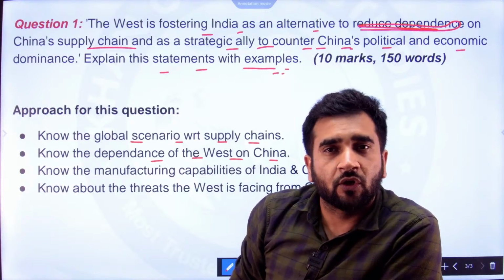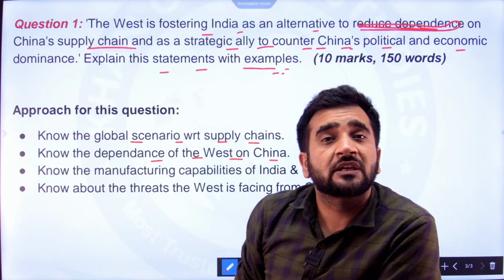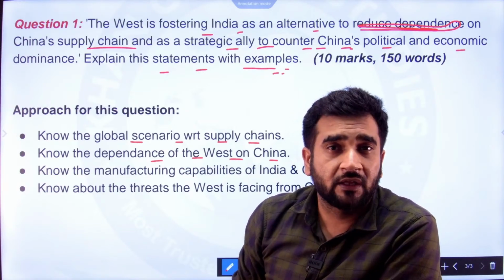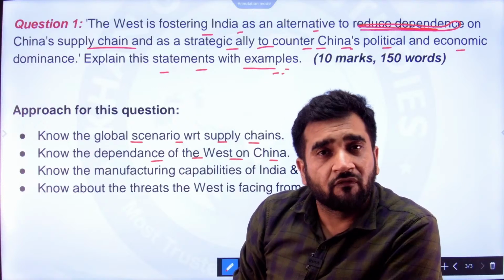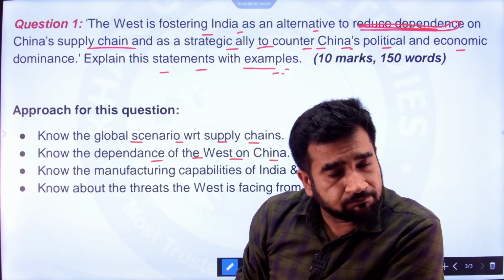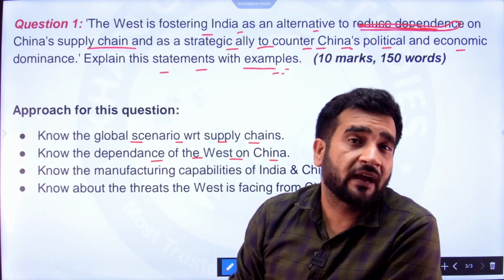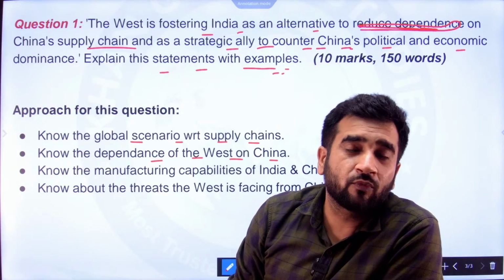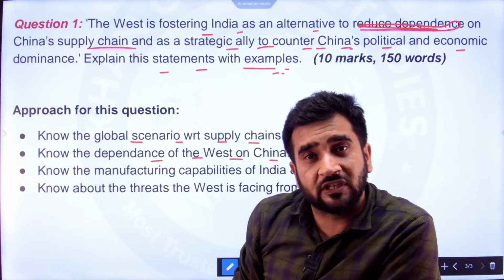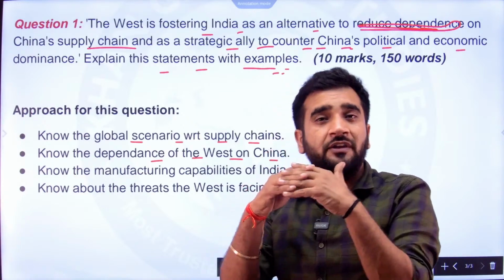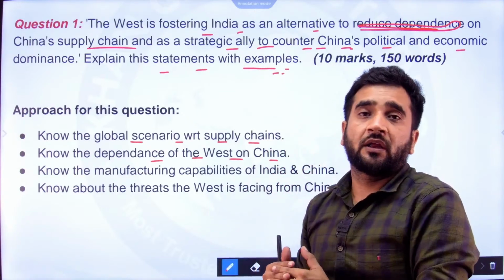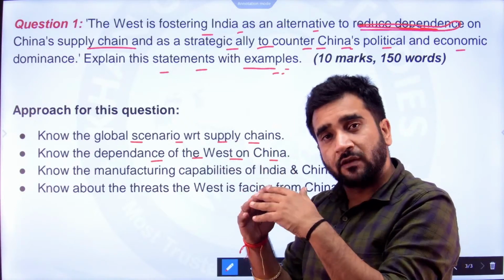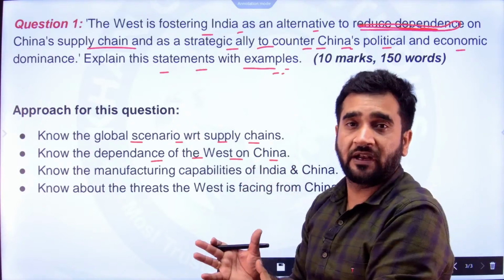But yes, this is a new era, and it is very different from the Soviet era. In the Soviet era, the two rivals were USA and USSR, and they were not dependent upon each other. They were mutually exclusive. Trade between them was almost zero. But here the situation is different. There is more interdependence, intertwining, and we need to look at the world from this lens, that is the lens of interdependence.